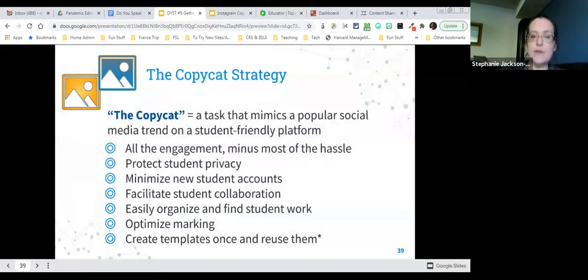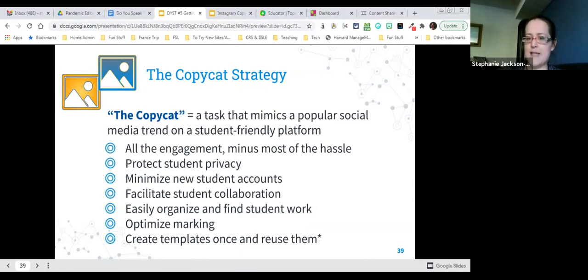And so when we say, for example, get them to comment on this Instagram post, I don't mean get every kid to create an Instagram account, go log on to Instagram, and then go comment on Maître Gims, who is a very famous French singer, French rapper. Then you've got to go sift through the millions of public comments to find what your students have done. We're not doing any of that. We're going to copycat it.